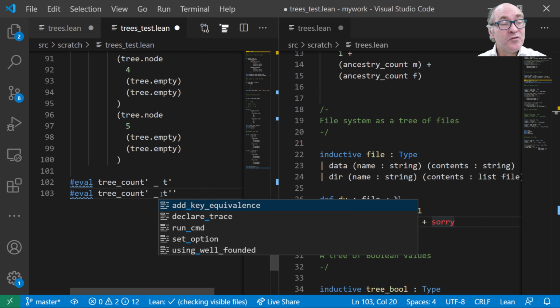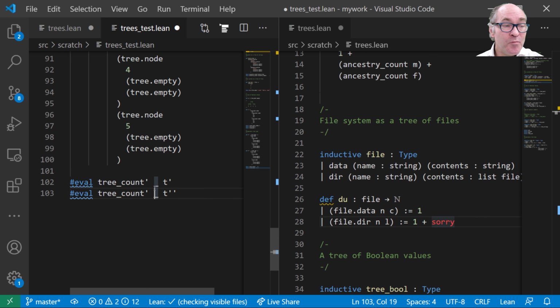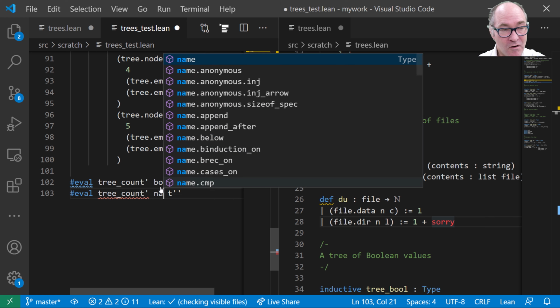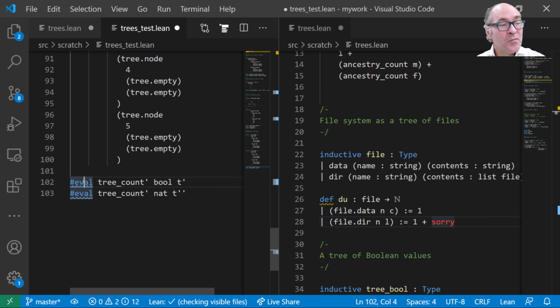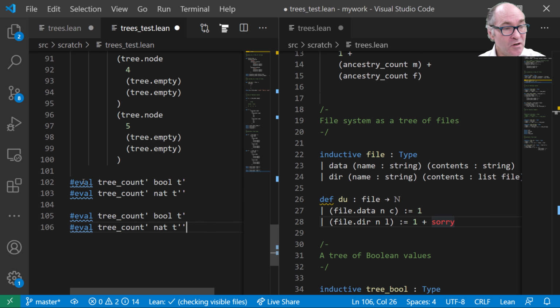So you don't actually have to explicitly provide these type arguments. Okay, but putting these underscores here is also a bit of a hassle. So I'm actually going to put the bool back in here, and I'm going to put the nat back in here. Okay, and I'm just going to copy and paste these couple of lines to here and replace these with